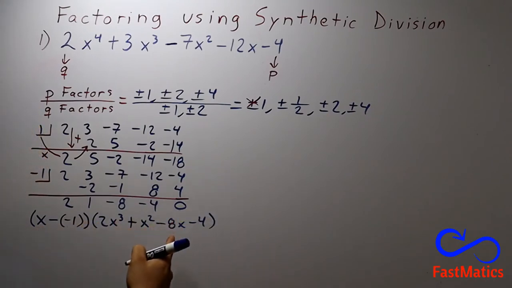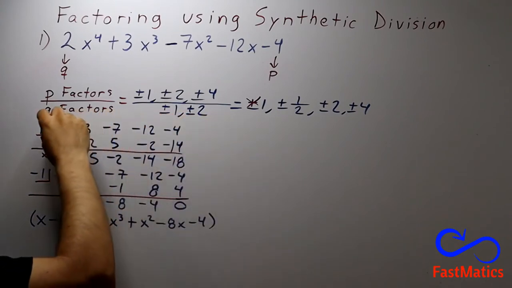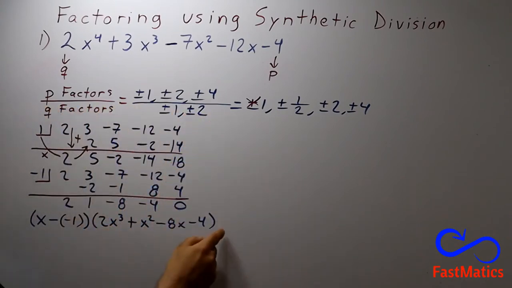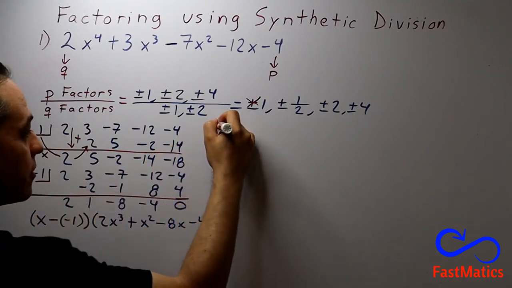We have started factoring our expression. Now, if you want, you could use the method of grouping, but I prefer to continue doing synthetic division. Then we are going to factorize this expression. We could use the coefficients that we used first, but it is easier to use those coefficients that we have here. Then we are going to try with